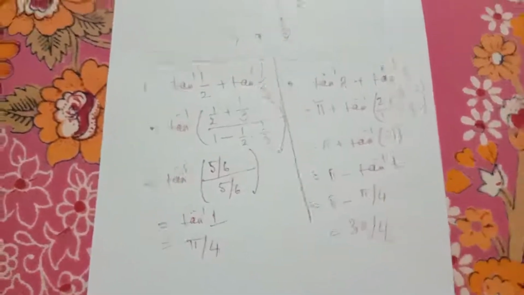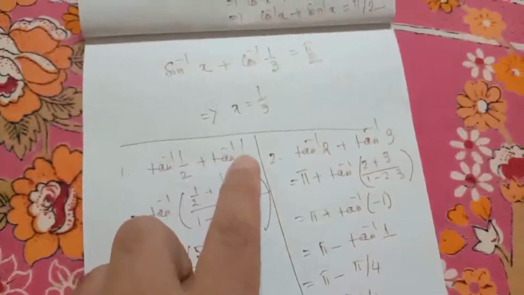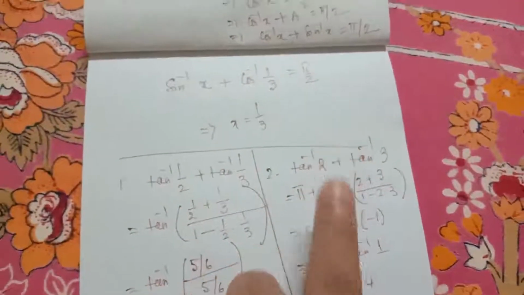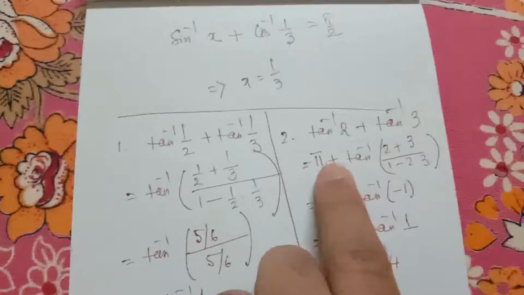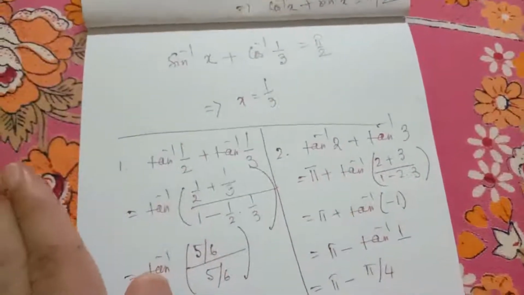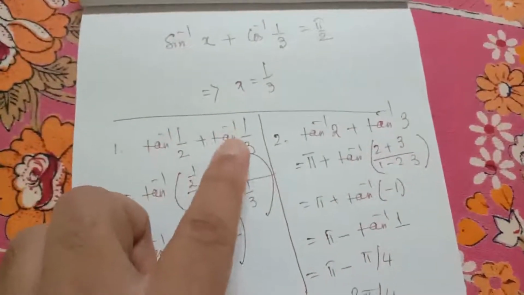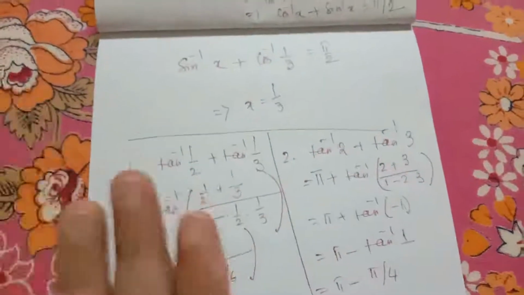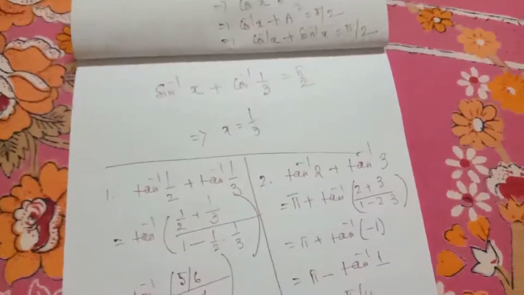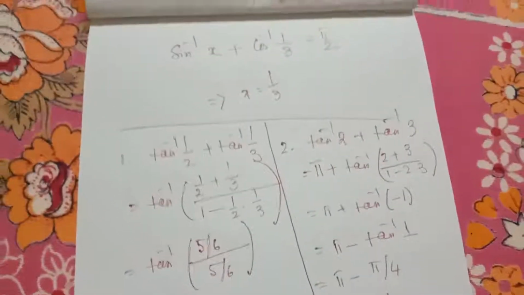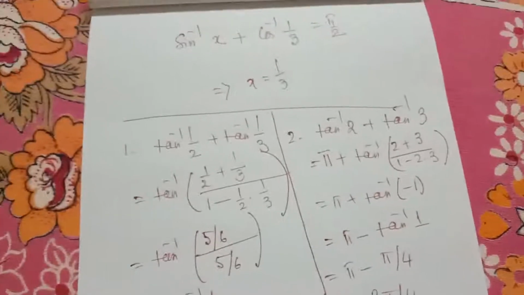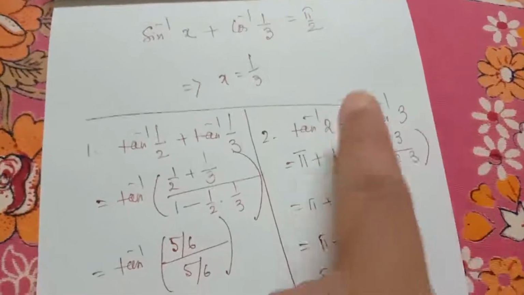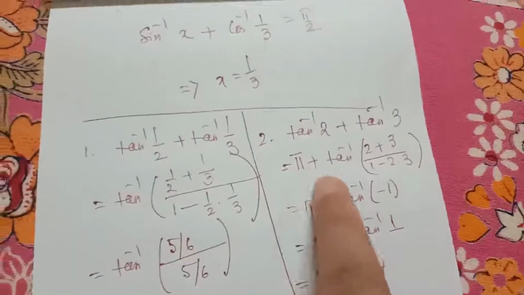Now what is the difference? Here x into y is less than 1. Here x into y is greater than 1. Less than 1, more than 1. As x into y is more than 1, we have to add pi plus. Rest of the things are the same. Here x into y is less than 1, so this will be the answer. Okay, so be very careful. While doing tan inverse of x plus tan inverse of y, you have to check whether x into y is less than 1 or more than 1. For less than 1, this is the way, and if x into y is more than 1, this will be the way. We have to add pi plus.